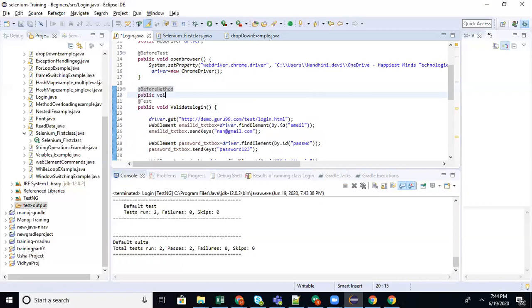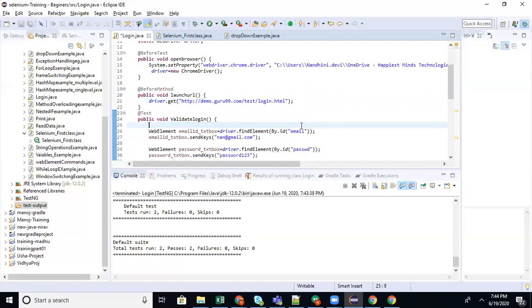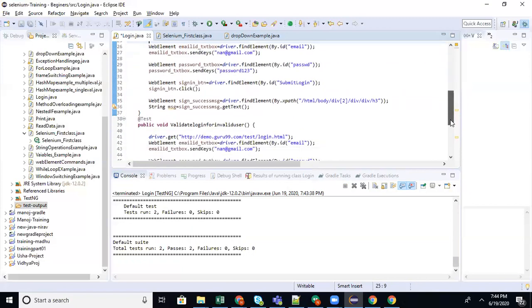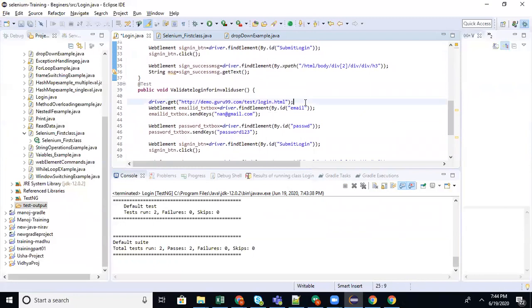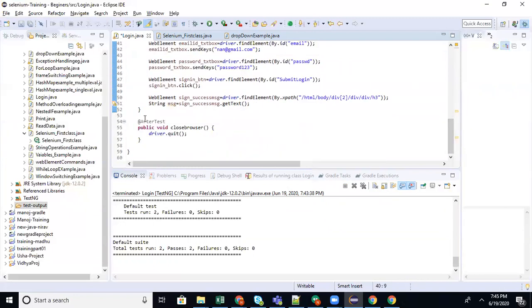Now if I want to launch the URL every time, I don't want to repeat it for every test case, but it has to be launched before each test case gets executed. Then you can write it in the before method.